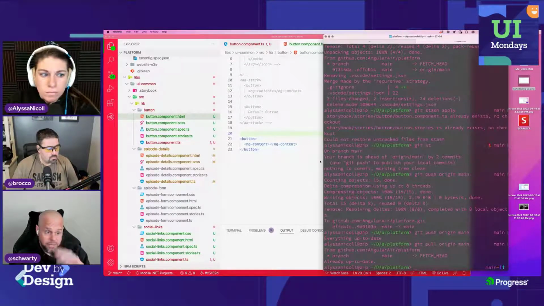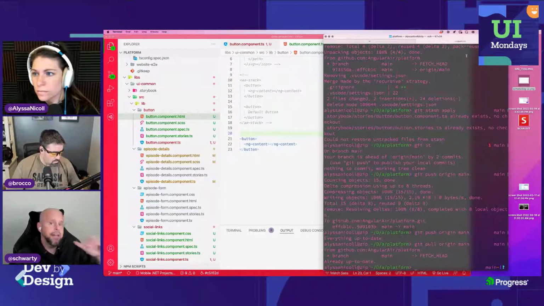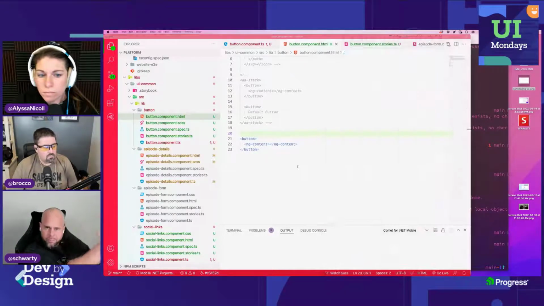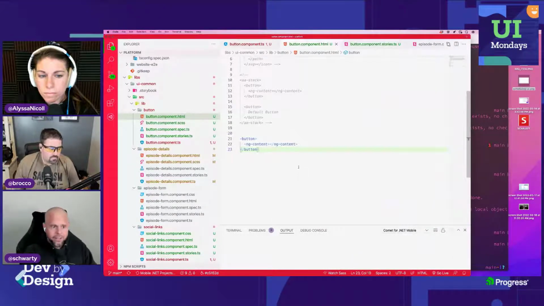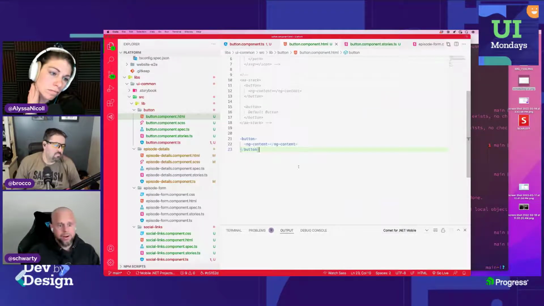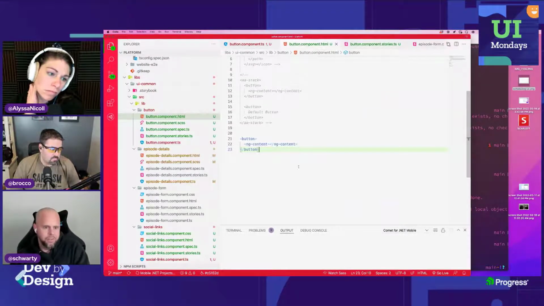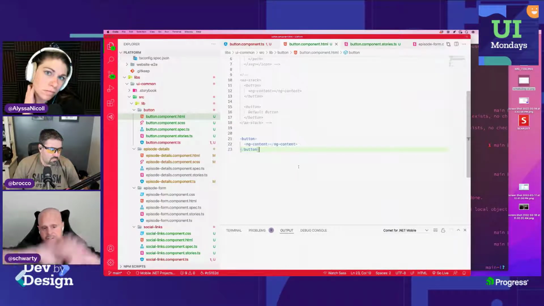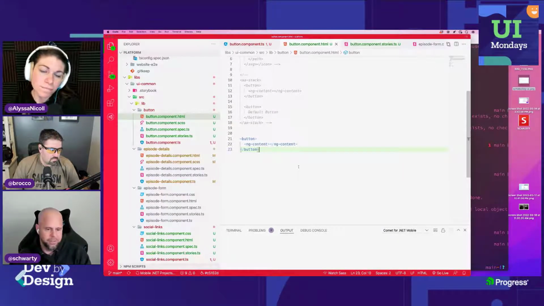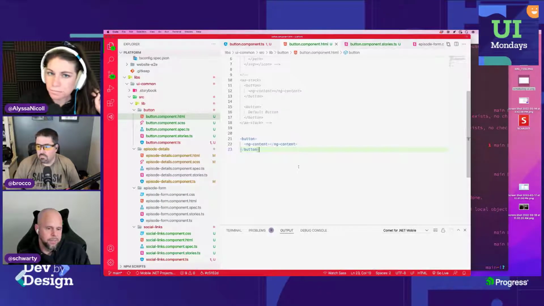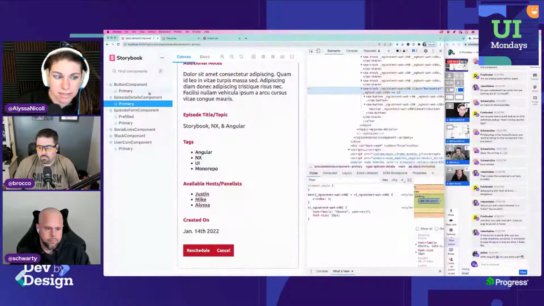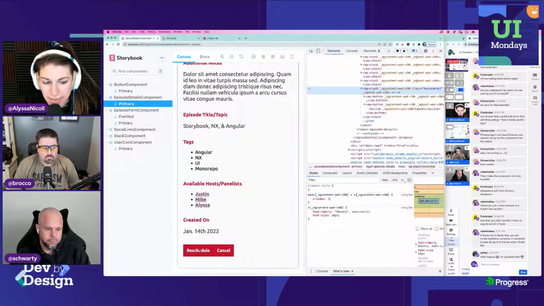Rather than getting complex with our button saying, depending on what the parent told me, I will either render a button element or I'll render a div that acts like a button because it's clickable, but allows you to render this full panel of clickable content. So for this very basic default button that's just being passed in text,